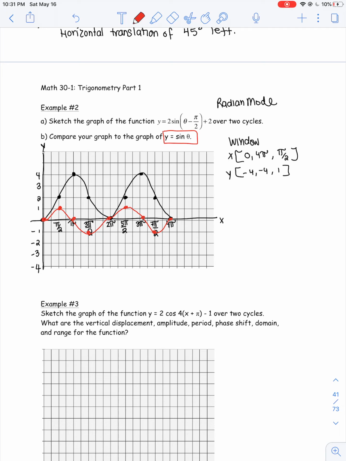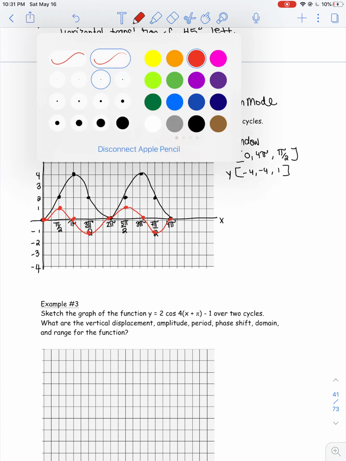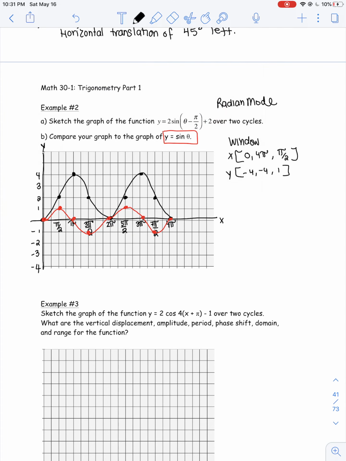So that is what the sine theta graph looks like in comparison to the 2 sine theta minus pi over 2 plus 2 over 2 cycles. So they do want us to compare. So what we can do is compare it using transformations. So the transformations that have occurred is that there has been a vertical stretch